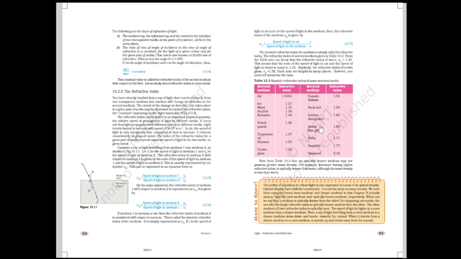But optically dense is not the same as mass density. We have been using the terms rarer medium and denser medium. Rarer medium means that how the medium has been constituted, whether the particles are dense or not dense, optically, right? In this chapter, it actually means the